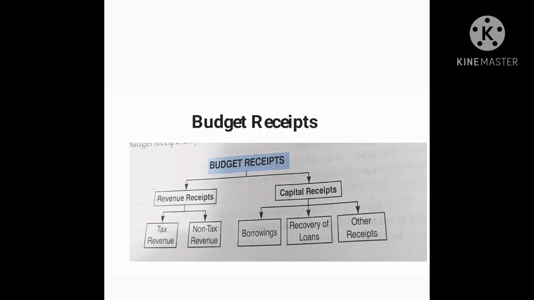Now, capital receipts. Capital receipts are receipts that create liabilities or reduce financial assets. They also refer to incoming cash flows. Capital receipts can be both non-debt and debt receipts. Loans from the general public, foreign governments, and RBI form a crucial part of capital receipts. Capital receipts are loans taken by the government from the public, borrowings from foreign countries and institutes, and borrowing from the RBI. Recovery of loans given by the center to states and others is also included in capital receipts. In the balance sheet, capital receipts are mentioned in the liabilities section.